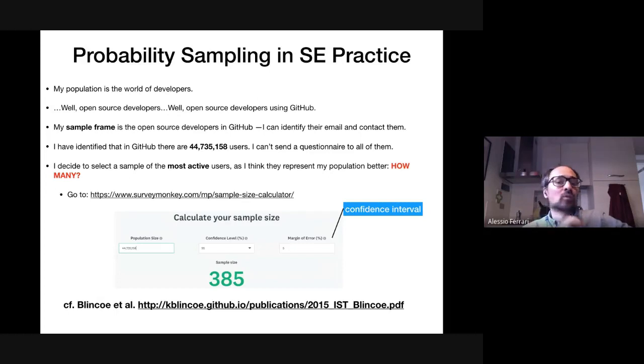Okay, I select the most active users because they are more appropriate for my research question. But how many? We just go to the internet, and there is this facility, a sample size calculator, that is implementing the function that I was saying before. Basically, you set the population size, confidence level, and margin of error, and you get your sample size. To get information with a margin of error of 5% and a confidence level of 95%, you need just 385